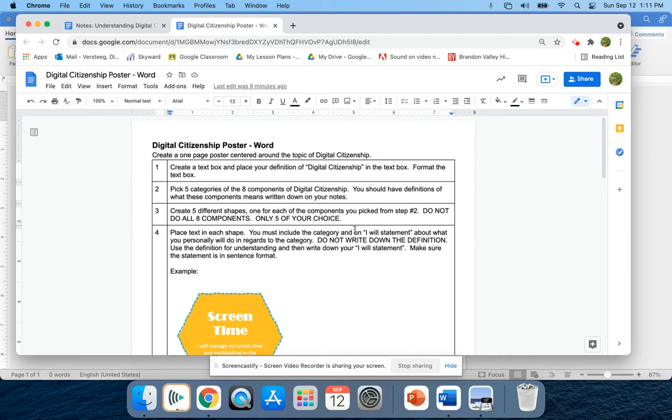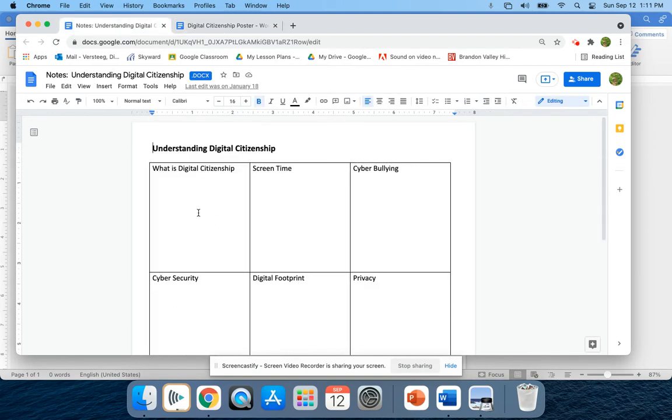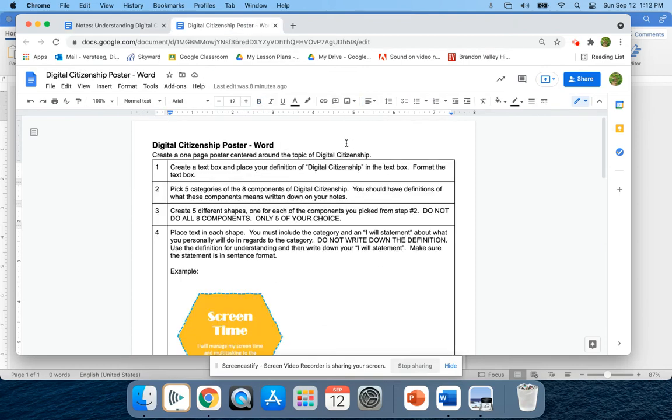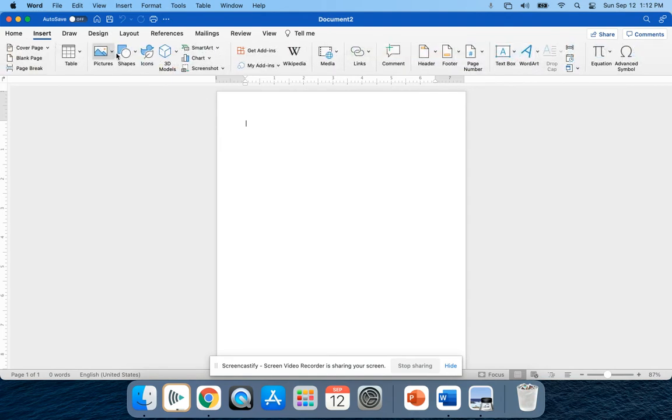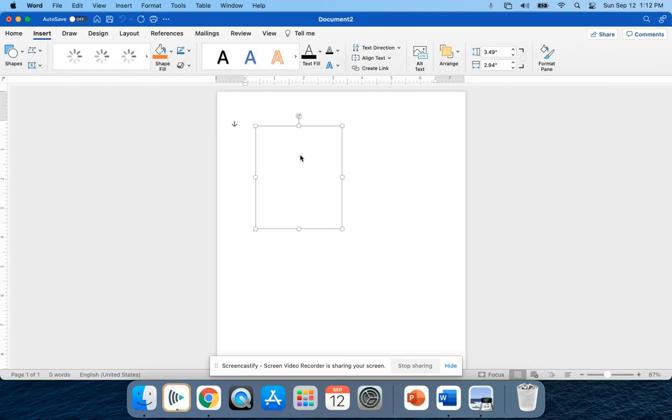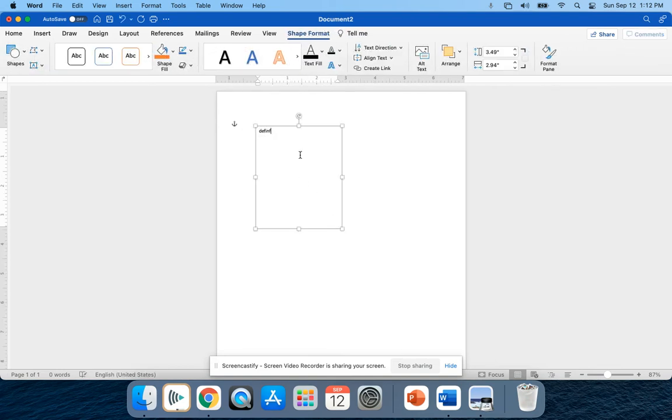To create the poster, you are going to, first of all, on a Word document, just create a text box, and you will place in that text box your definition of digital citizenship that you find here on your notes, what it is, digital citizenship. And so if you have your Word document up, you simply would insert the text box, type in your definition of what digital citizenship is, okay, and then format this text box and place it in a